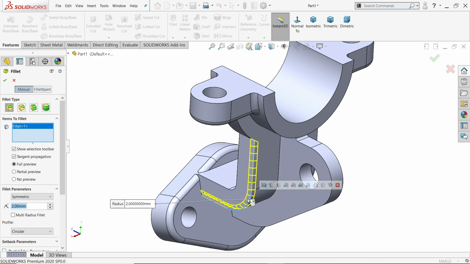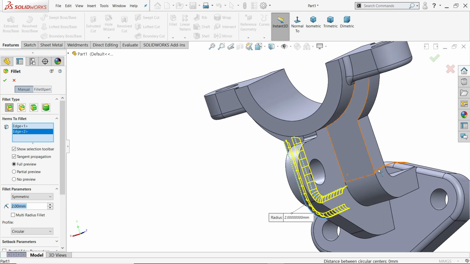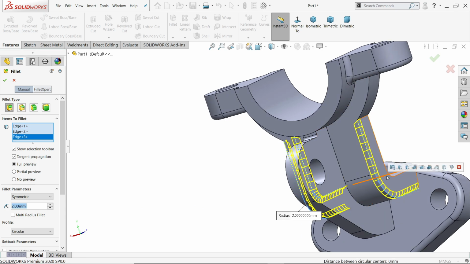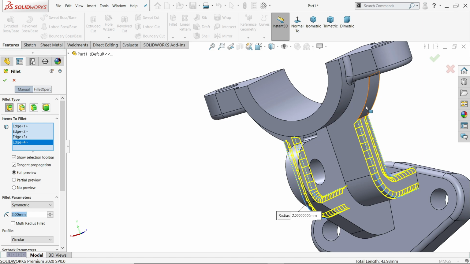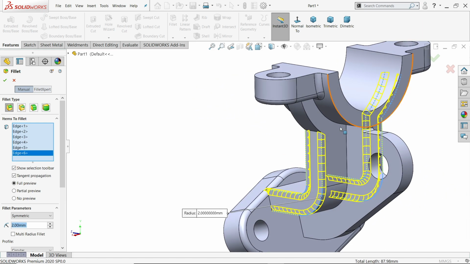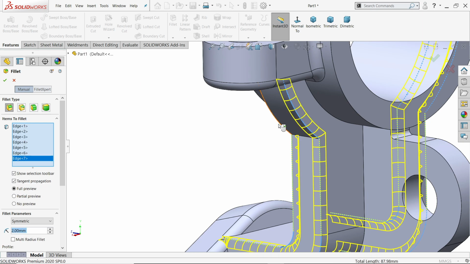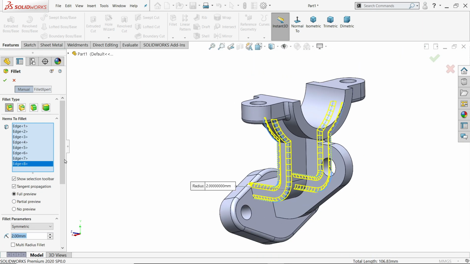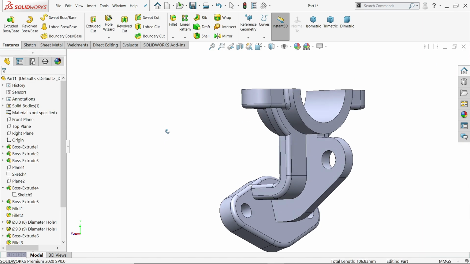I'll choose this one, this edge, this edge, and choose this also. Two millimeter symmetric constant size.